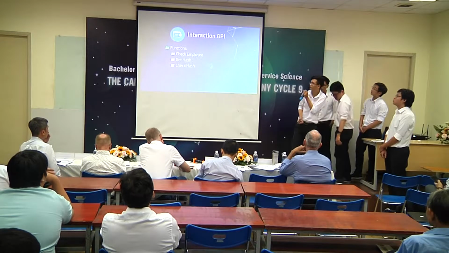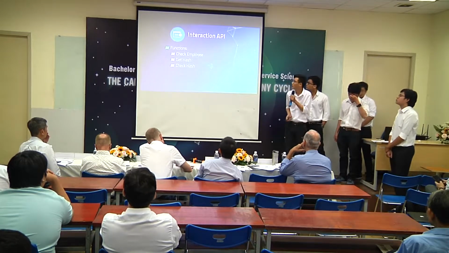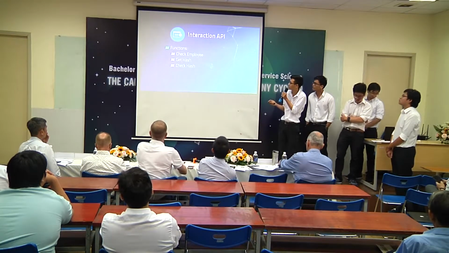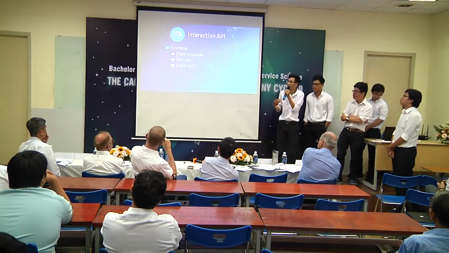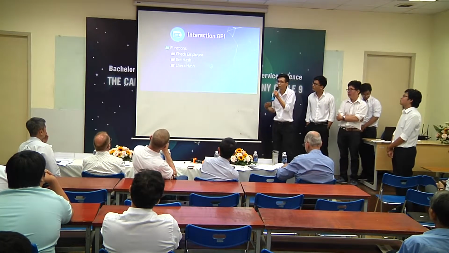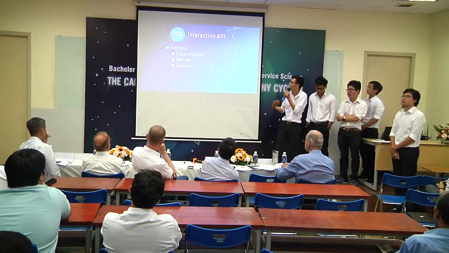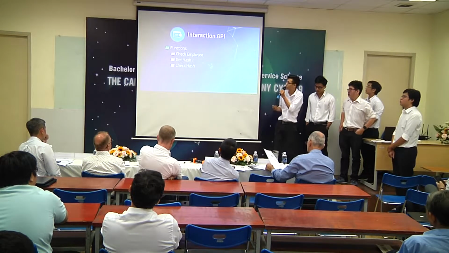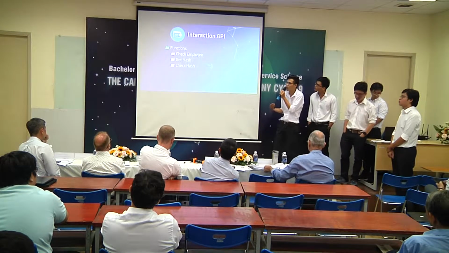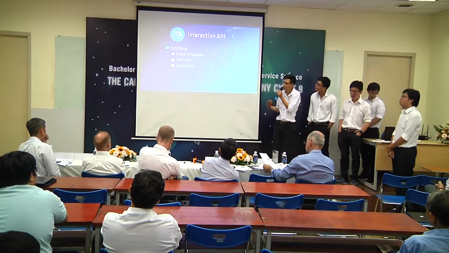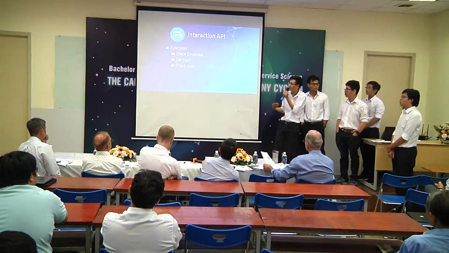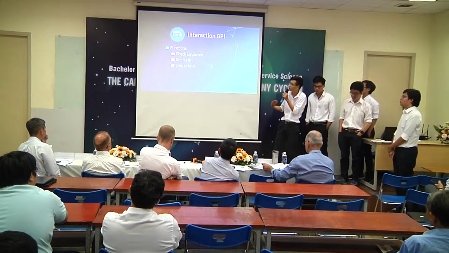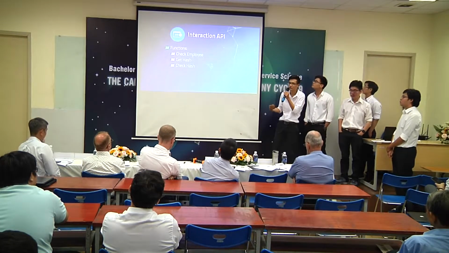Well, I will be talking about API interaction. As you can see, here are our three primary functions that have been integrated into the draft application so that a user could call the API function in order to get the necessary information. The first function is called check employee, the second function is get hash, and the third function is check hash. Let's go into the detail of each function to see how it works.